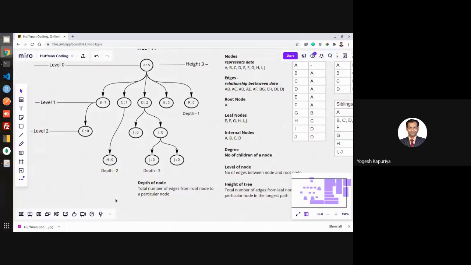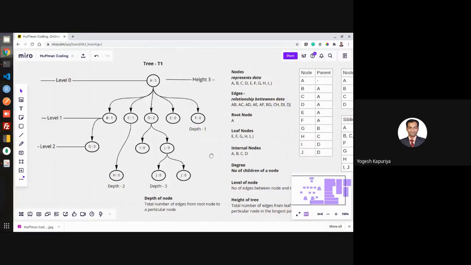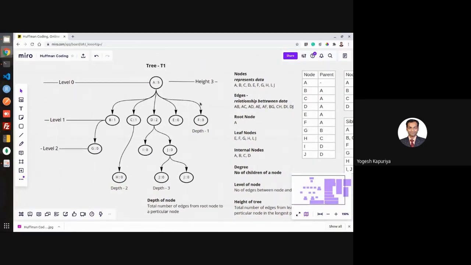Remember, when you show something, showing that thing or it's not actually a pictorial representation will not define depth. So if I write this tree like this, then its depth will not become 3 because I have drawn it here along with 3. It will remain 2 because the number of edges between this node and the root node is 2, 1 and 2. So that is to be understood. This is always at level 2, the depth is 2 also. So level and depth are same. It represents the node positioning in the tree.